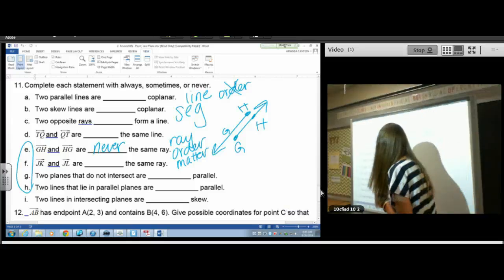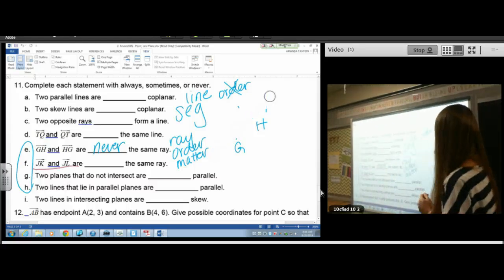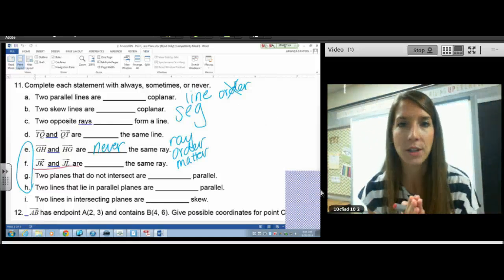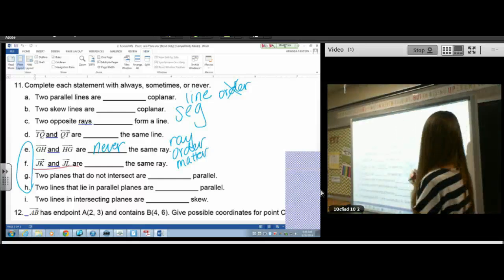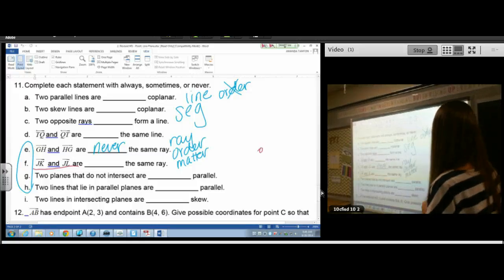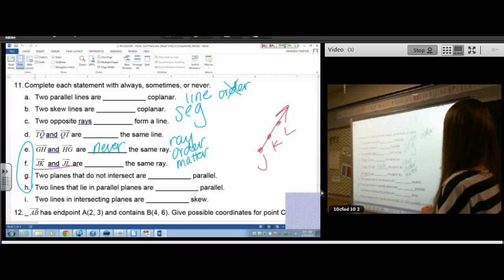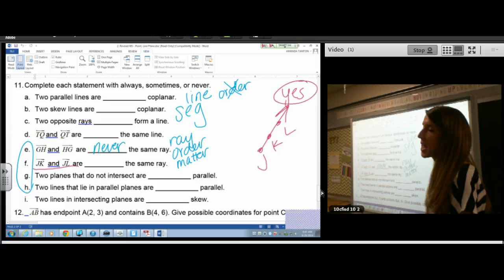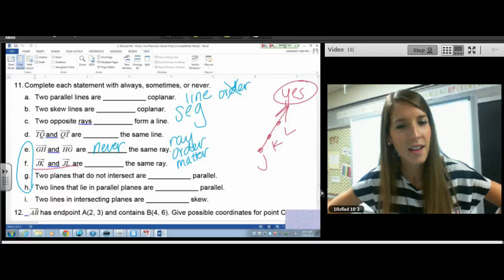F. Ray JK and ray JL: are they always, sometimes, or never the same ray? Okay. This is when I'm giving you strategies. You just need to start drawing pictures, unless you're good at visualizing this without drawing it. Okay? JK and JL. In this picture, JK and JL are the same ray. Yes. JK and JL, yes, they're the same ray. But then you have to play devil's advocate. And you have to be like,